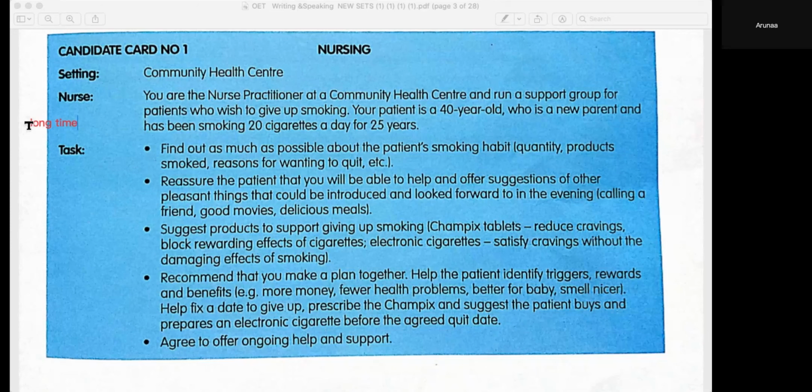I smoke throughout the day, of course, but especially in the evening, I have the craving. I look forward to smoking in the evening, especially after dinner. It relaxes me, and before sleeping as well. So you usually want to smoke in the evening, right? Yes. Will you mind if I give you suggestions regarding the smoking? Of course, of course.